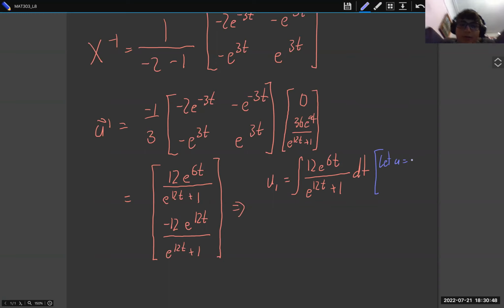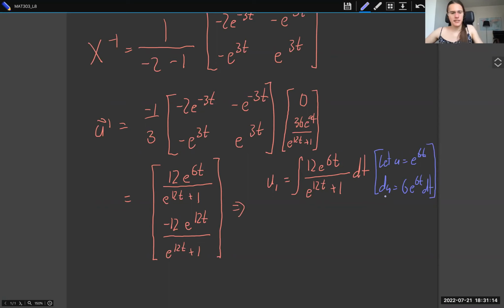E to the 12t plus 1. So what's going to happen is that the derivative of e to the 12t plus 1 is, yeah, so it's e to the 6t. Yeah, that's better. Then du is equal to 6e to the 6t dt, and that completely cancels out the numerator. So we get 6 and 12, so we get 2